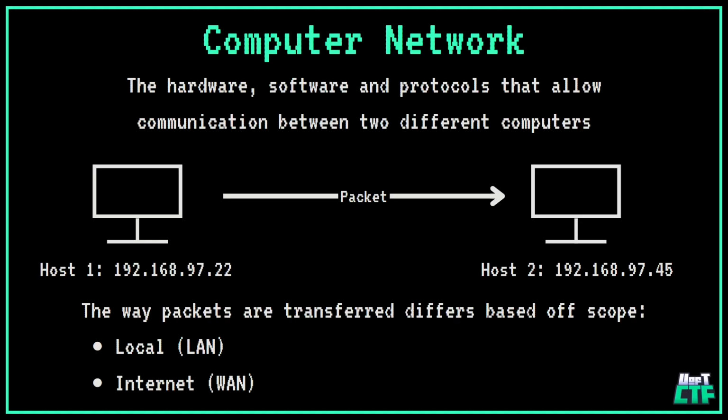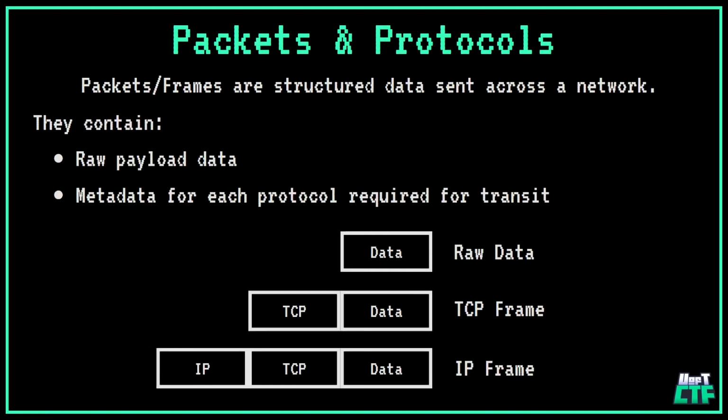So we're going to go over a brief recap of computer networks. A computer network is just a bunch of protocols between hardware and software that allow for communication between two computers. And the networks will depend on how the computers are talking, if they're in a local environment or if you're communicating all across the internet. So we'll go over a few protocols and then also a few network diagrams for the local network and the